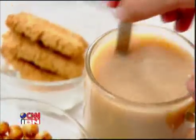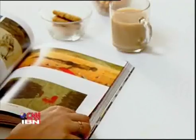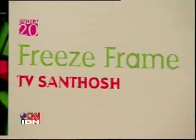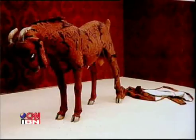A book that makes you feel like you're having a casual chat with an artist over a cup of chai. That's India 20 for you, the brainchild of art collector Kishore Chauhan. It's about 20 conversations with today's cutting-edge artists who fearlessly experiment with new media and cock a snook at accepted norms. So there's Subodh Gupta with his utensils, Bose, the artist, activist, curator, Jitish with his highly graphic surface texture,